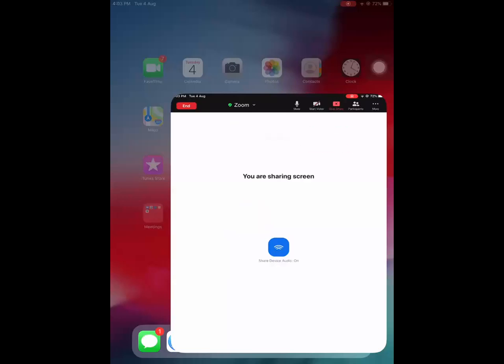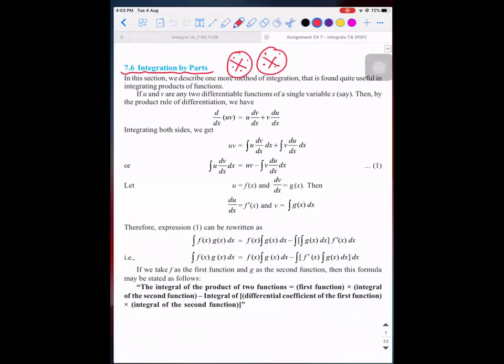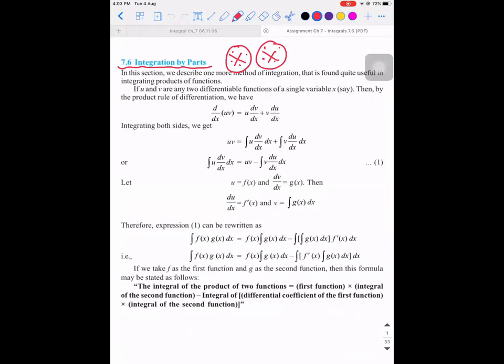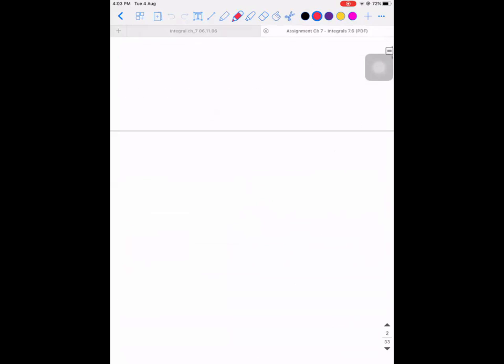Integration by parts. So this is similar to the product rule that you use in differentiation. What is the product rule that we use? For example, if I have two functions u and v, where u and v are both individually functions of x, and I ask you the derivative of u times v with respect to x, this is what,